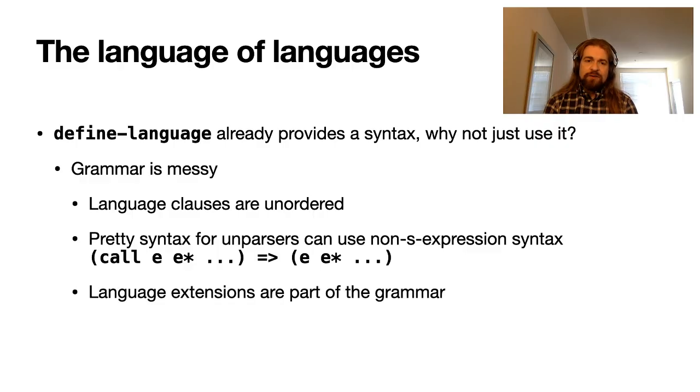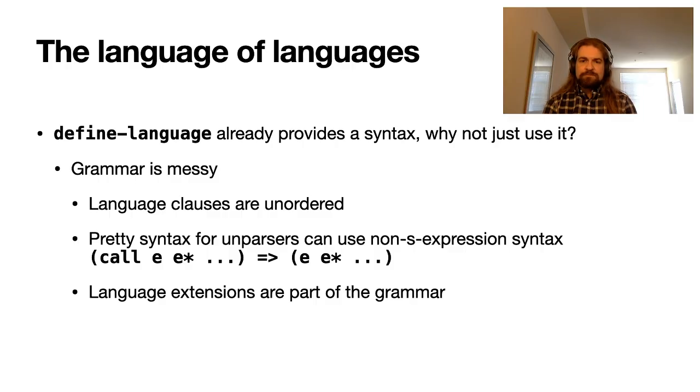Language extensions are also part of the grammar, and this is problematic for a couple of reasons. It means that if we were trying to parse the language as it was written by the user, we may have this extension that we have to deal with. We probably don't want to deal with the extension directly when we're writing most of these tools. And we also have to be able to parse our input potentially without knowing yet whether we have an extension or not. So we'd either have to do two-pass parsing, where we figured out if we had an extension and then reparsed the parts of the language that we weren't ready to parse, or we have to have some other